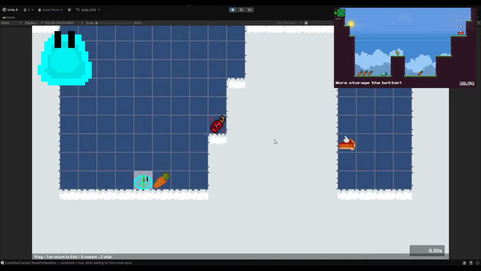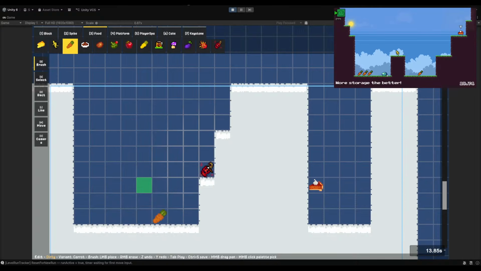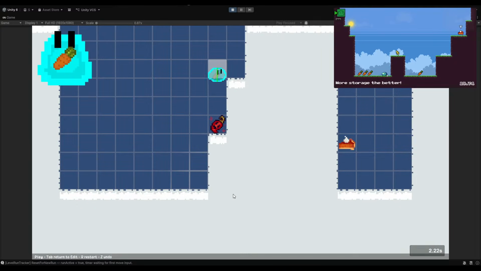Undo and undo, restart. So I want the player to be able to pick up the food and go do that. And it's visually clear that, oh, if I want to go across here, then I need to do something to work around this food here. And I don't have to think about doing something like this to make the player do that instead, or do something like this to make sure you have to do that, because otherwise it's very possible for cheese where you can go around it. So I think that is going to be the best design process there. Also, I was supposed to make that food get held, but I guess this is fine.